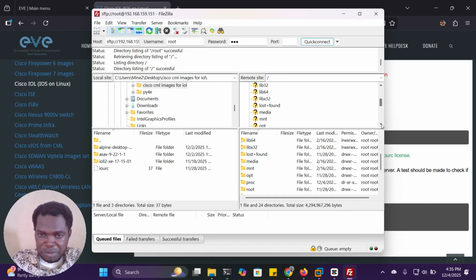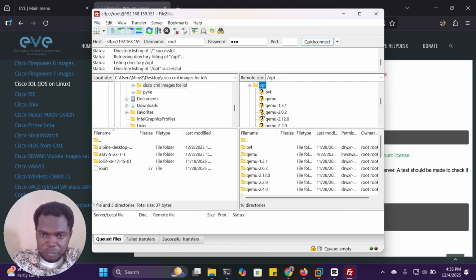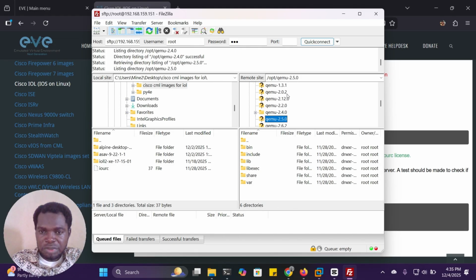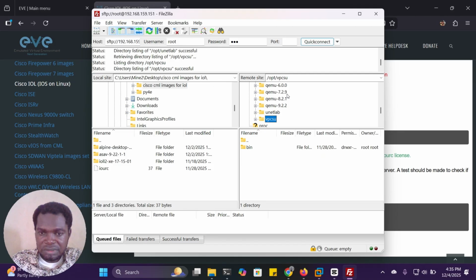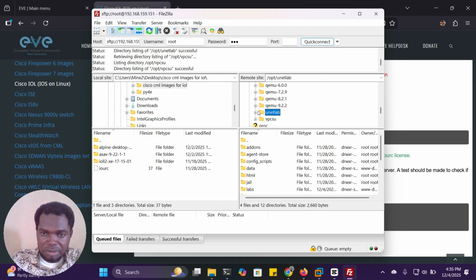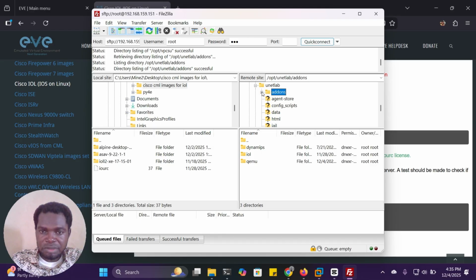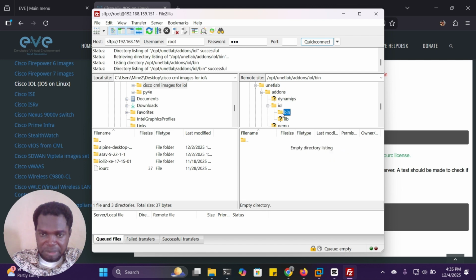Then I'll look for the opt folder. Double click it. Use the arrow key. Look for UNetLab, sorry, UNetLab. Add-ons, click on add-ons. IOL. Bin. So when we get to the bin,